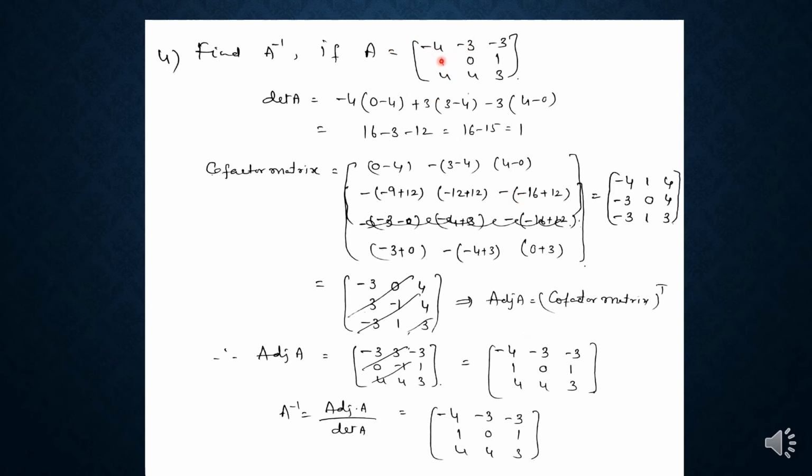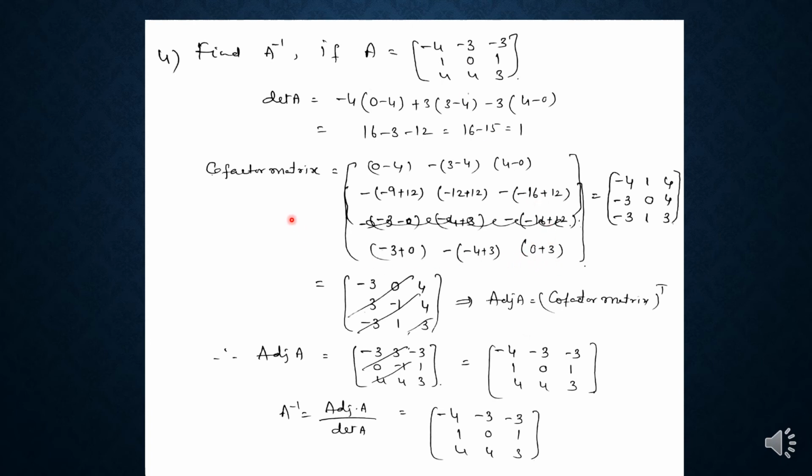Now coming to the third row first element. So what is this? -3, -3, 0, 1, that is -3 plus 0. And for the next element, minus of, by deleting this row and column, we will get -4 plus 3. And here for the element 3, the cofactor of this element 3 is minus 4 into 0, 0 minus of minus 3, that is 0 plus 3.